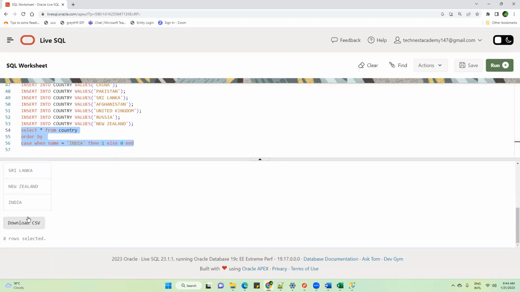Is this clear? Fine. In this case, what will happen? Top. They will be on top. Are you sure, guys? Bottom actually. Any other thought?